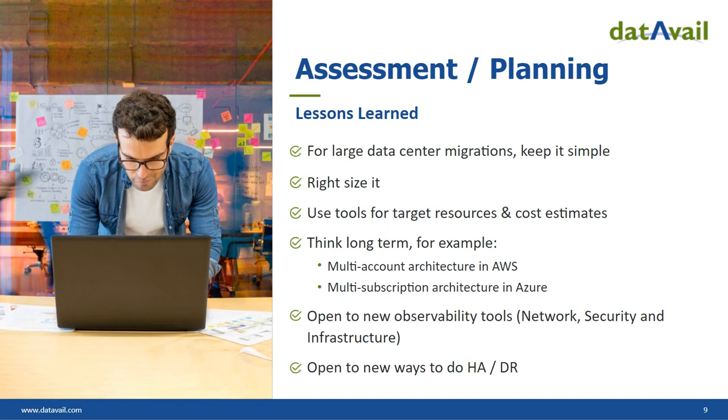The biggest thing, in the last two items, is that sometimes there's a hesitation in using cloud native tools. Network security infrastructure is very different in on-prem compared to cloud. You're using infrastructure as code. Your network is defined as code. Your security auto remediation could be defined as code. So a lot of things are changing, and even HA/DR is a lot easier to do now in cloud. I just have to look at multiple regions or multiple availability zones, and it's so much easier to configure there.